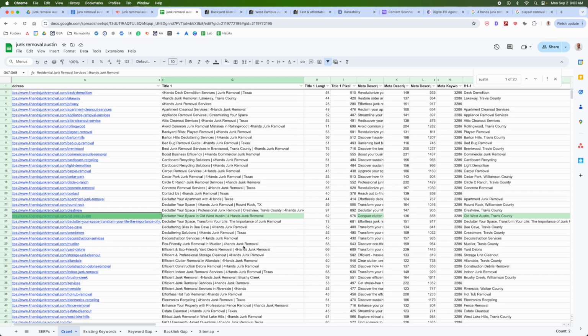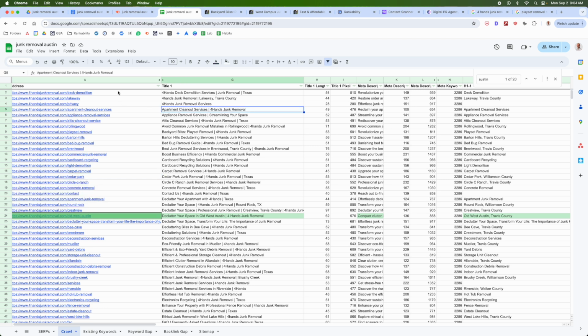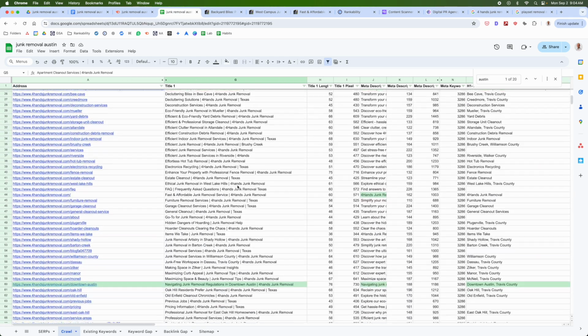I basically need to rebuild the whole sitemap. So for example, I would just look at something like carpet removal and then just change that to carpet removal Austin, and then I would re-optimize that page. And I would just repeat that for every single core service offering page. And along those lines,